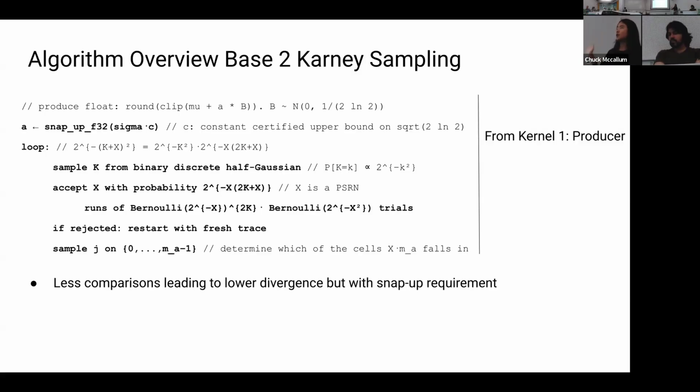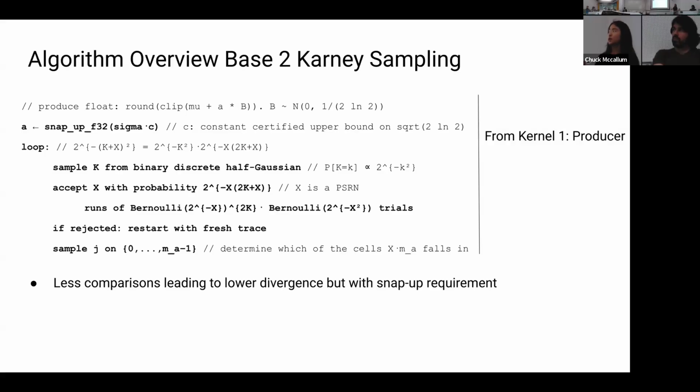But for this algorithm overall, we can also expect it to be more efficient than when we were using the base E Carney sampling, just because there are fewer comparisons being made. So for example, when we're sampling K, that integer portion, we're not running any kinds of Bernoulli trials or any kinds of integer comparisons between them. We can sample it from fair bits. Because there are no comparisons happening at that part, overall this can lead to lower branch divergence, which